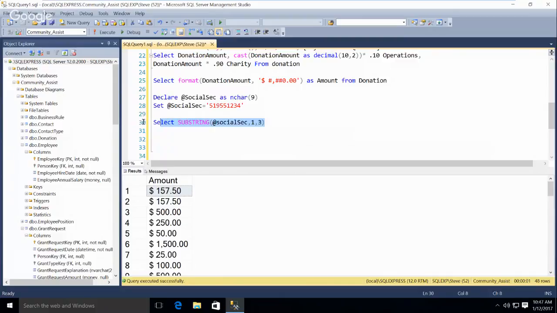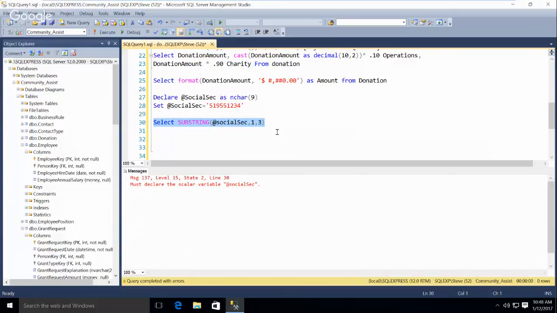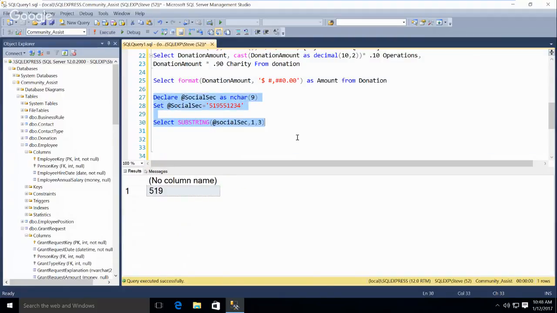Now I'm going to run that just to see. Oh, must declare. That's because I have to run these together. So I got 9, right? This string. So then I'm going to just concatenate, and I'm going to do plus, and a literal dash, plus, and then we'll do substring.